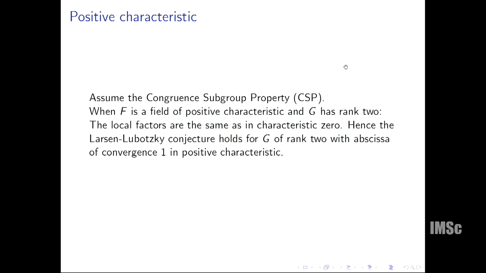So in recent work with Urion and Pooja Singla, we were able to show that these local factors, these two kinds of groups, have the same representation zeta functions, and using that we were able to extend the proof of the Larsen-Lubotsky conjecture to groups of rank 2, with